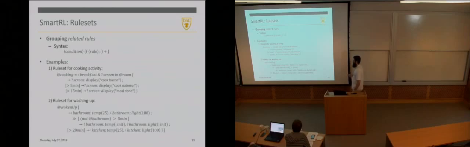We turn on the light, and then this has an associated cleanup rule saying if you're not in the bathroom for longer than 5 minutes, it means you're done there. So we revert the temperature and the light back to their initial settings. And then after 20 minutes, we set the kitchen temperature to 25, and we turn on the kitchen light to allow them to cook breakfast and eat that breakfast. We're assuming here that washing up in the bathroom takes 20 minutes. We're lacking the services to see when they're in the kitchen.